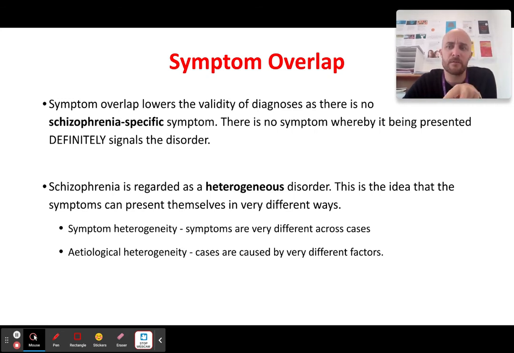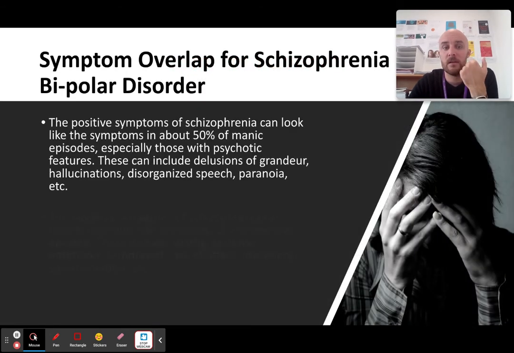If I put two people with schizophrenia next to each other, they can look completely different. I could have one person thinking that they're God next to one person who looks, for all intents and purposes, like they have depression. So there's a couple of good terms to be able to note down here. But I think it does affect the ability of medical professionals to diagnose accurately if the symptoms they're seeing come up in other disorders. So symptom overlap is quite an important part.